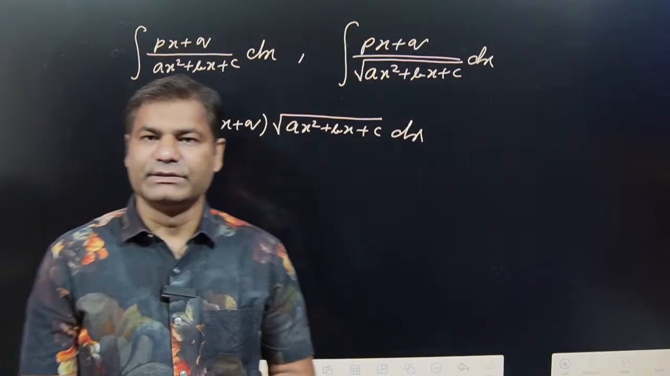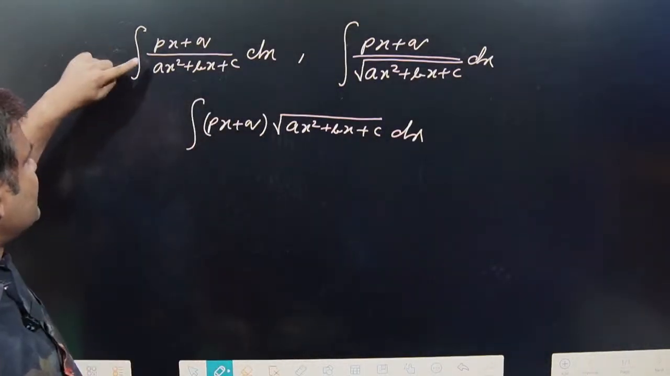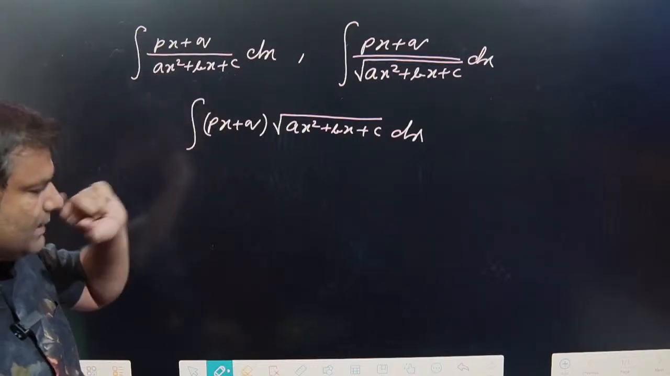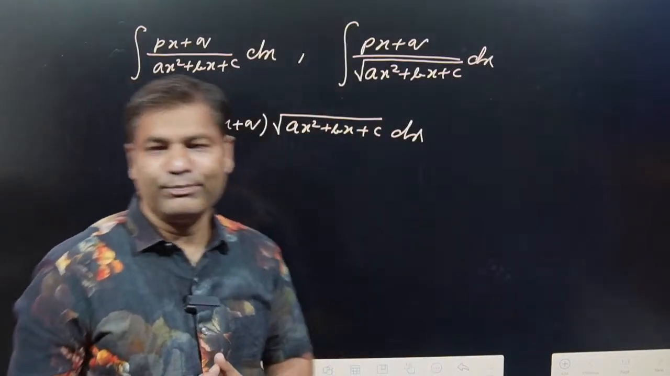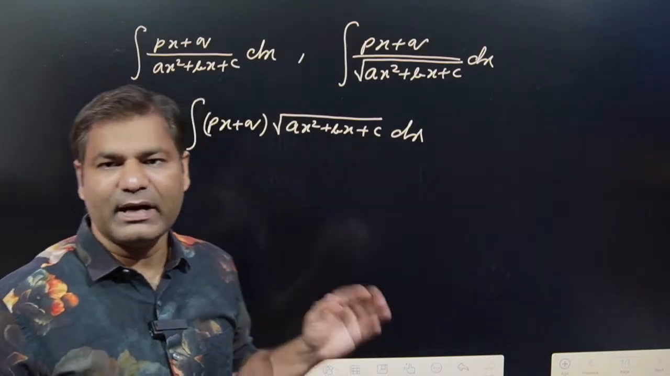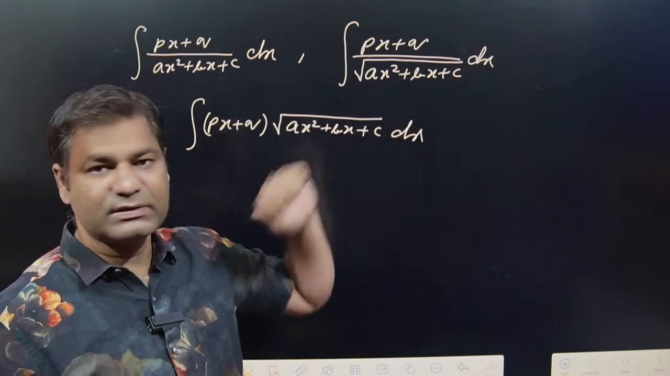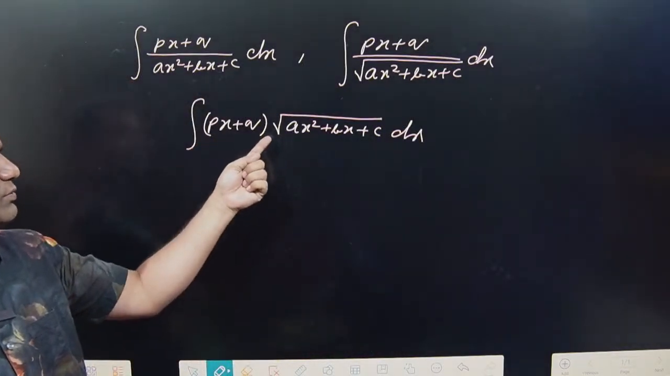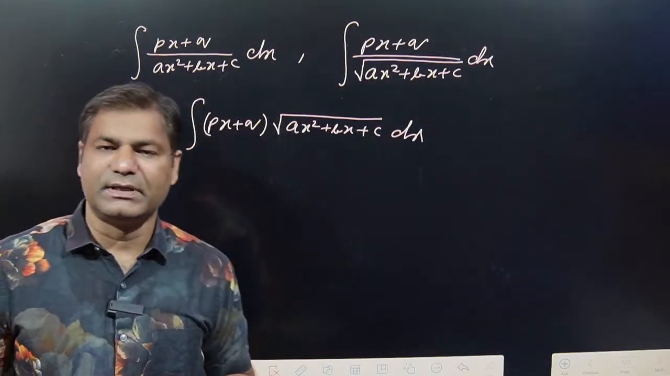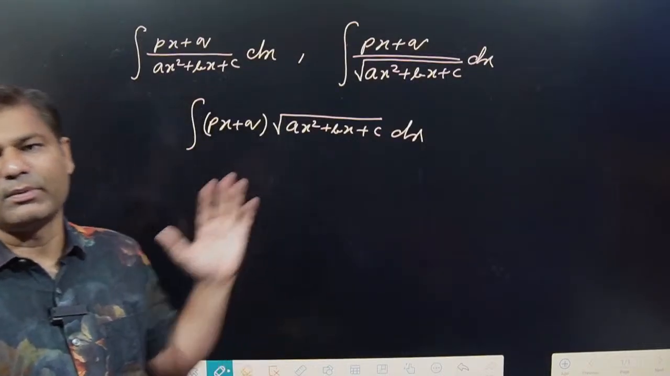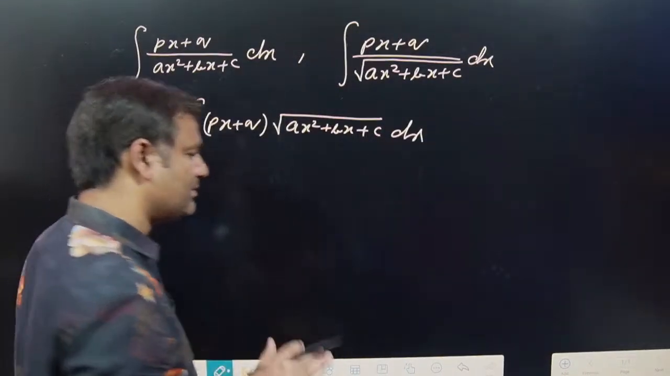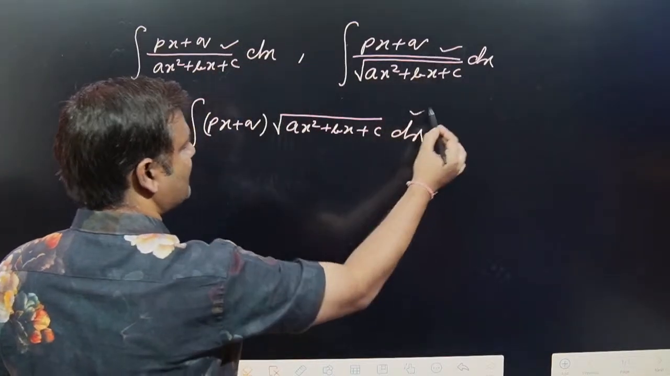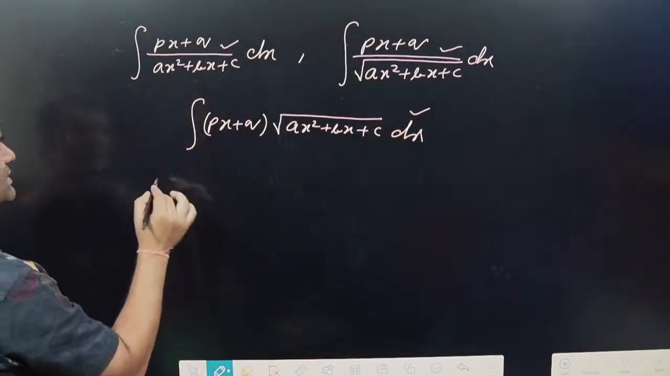Now today I will focus on how can we integrate px plus q divided by ax square plus bx plus c dx. Okay, and second one, px plus q divided by under root of a quadratic equation given, and now third type, px plus q into under root of a quadratic equation given, then how can we solve this type of problems? Simply in these three types of questions,